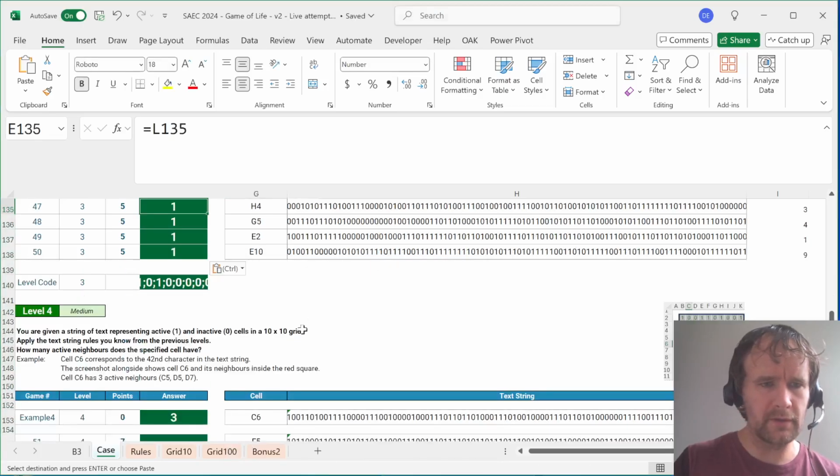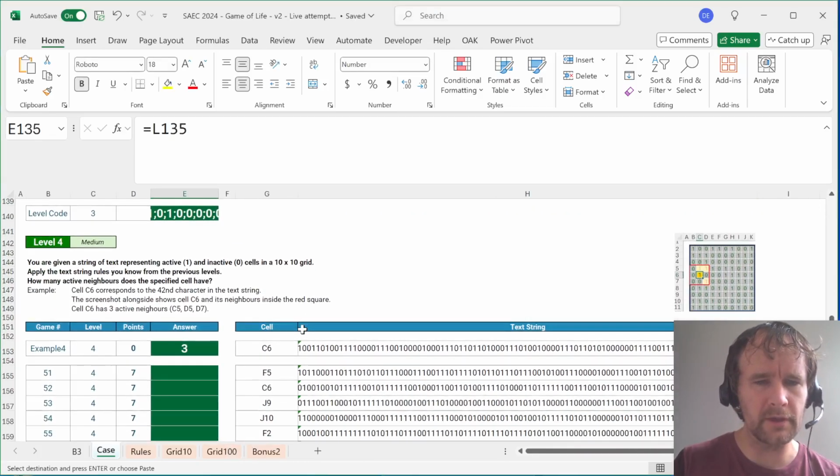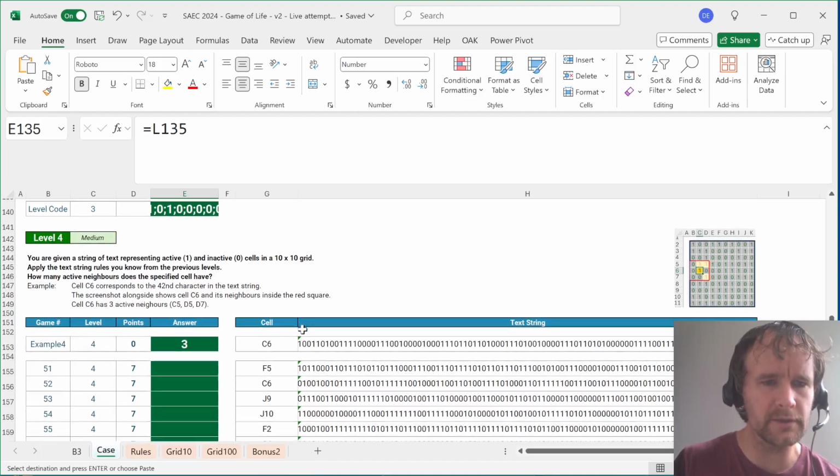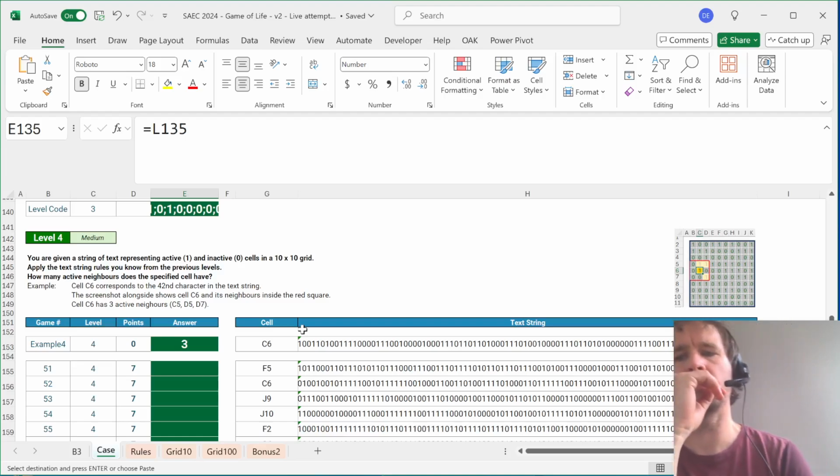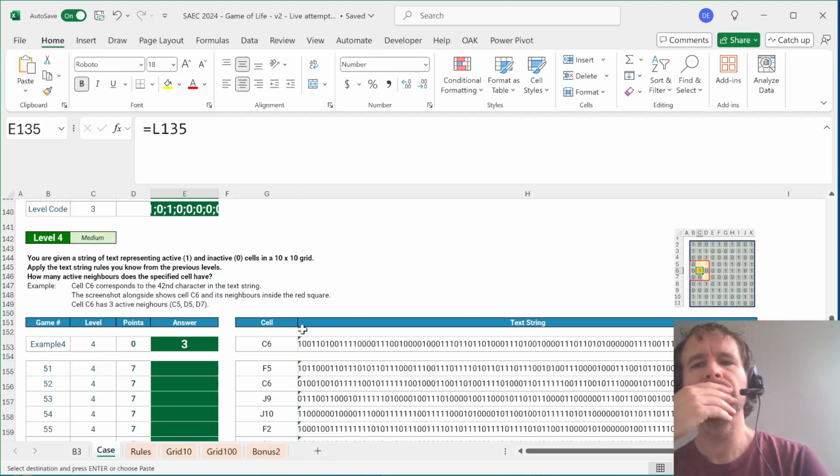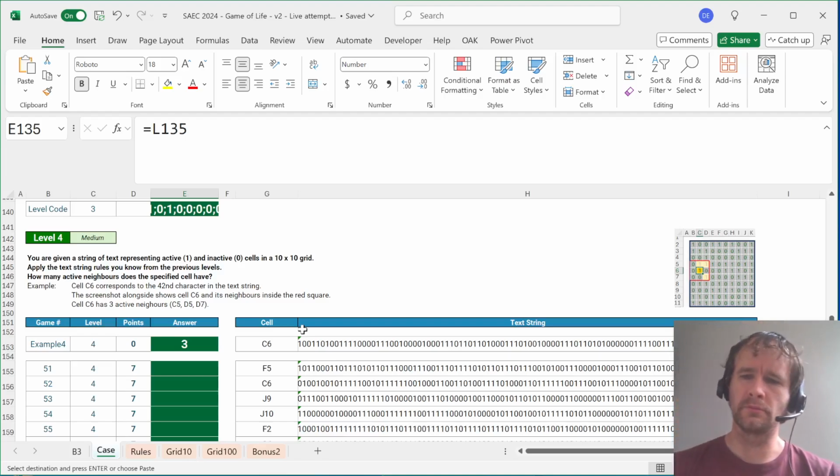All right, next, level 4. You're given a string of text representing active and inactive cells in a 10 by 10 grid. Apply the text string rules you know from the previous levels. How many active neighbors does the specified cell have? Okay. So,